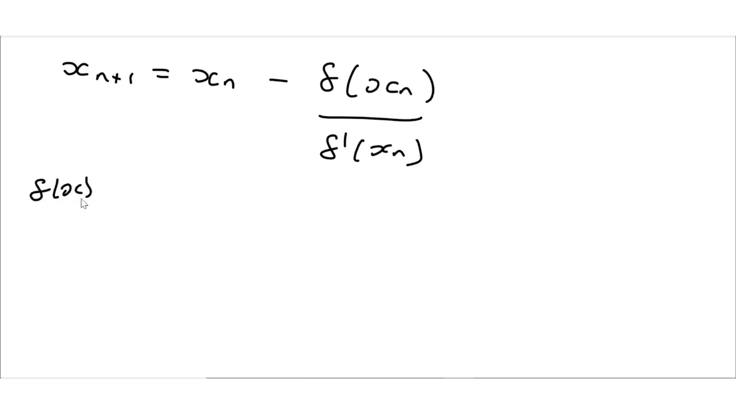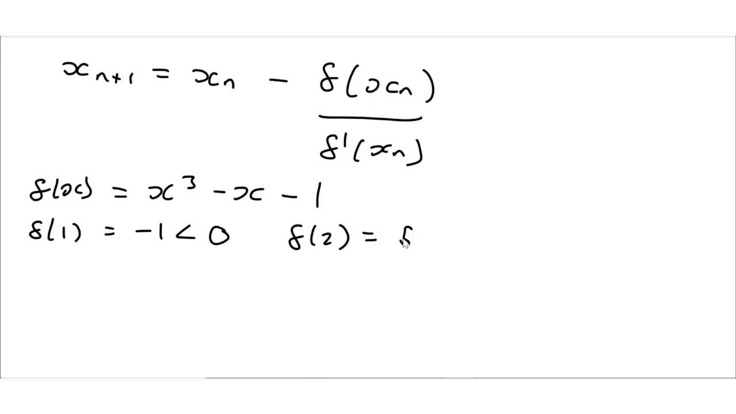So if f of x is equal to x cubed minus x minus 1, we're looking to find one of the roots, and if we use the sign test we can see that f of 1 is equal to minus 1, which is less than 0, and f of 2 is equal to 5, which is greater than 0, and this is a continuous function, so by the sign test there must be a root between 1 and 2. So we might as well take our first guess as 1. Okay, so we're going to say x0 is equal to 1,